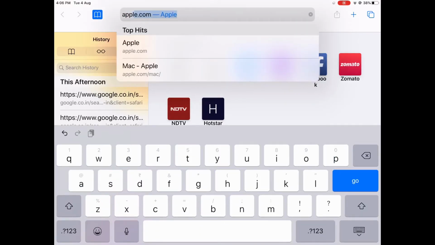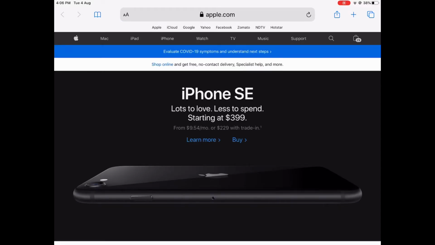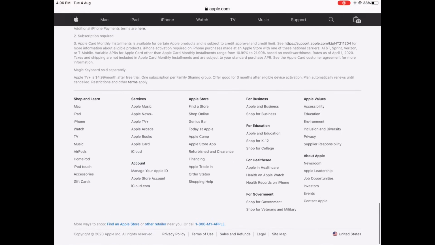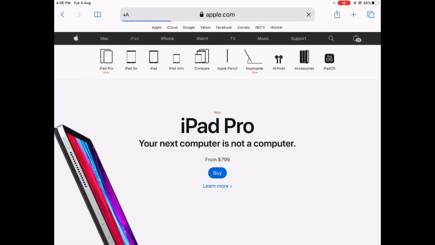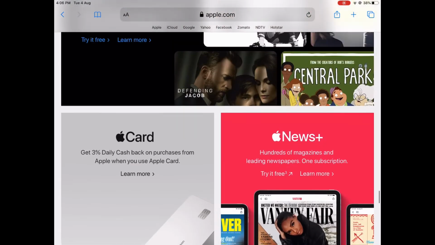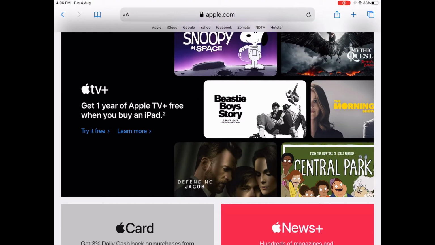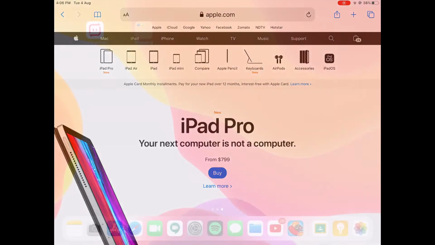And one more feature: I go on a site like apple.com. Wi-Fi is pretty slow. So if you are pretty far down, I will show you on a site like the iPad page. So you can see I am pretty far down here. If you are seeing the comparison, and if you want to get up instantly, you just have to tap on the top of apple.com and you will get to the top. That is very useful sometimes.